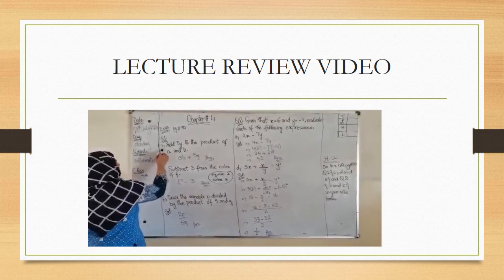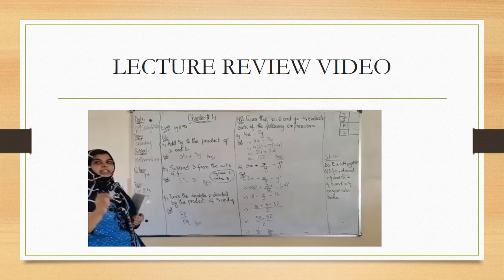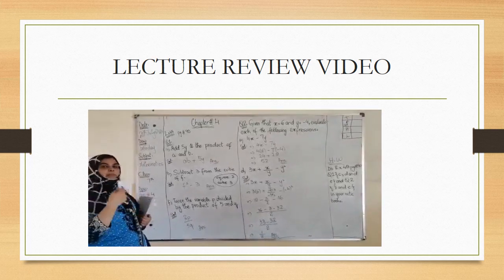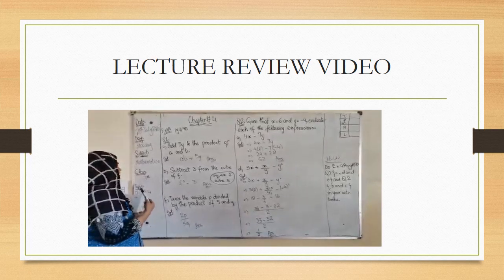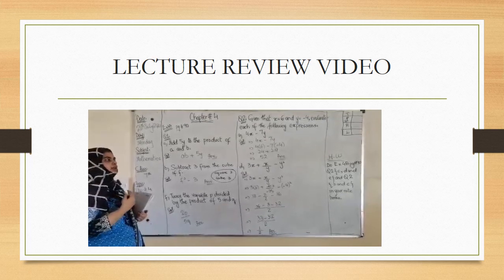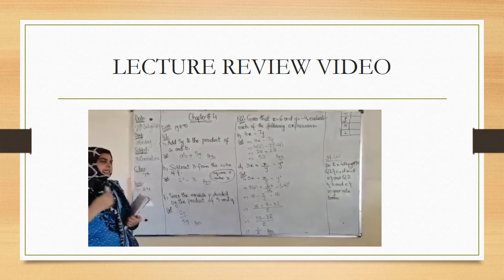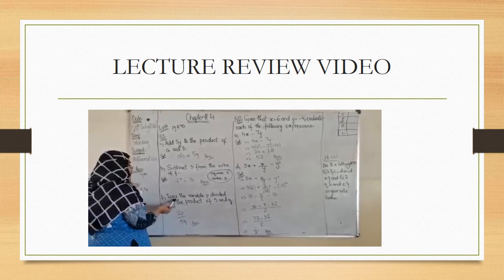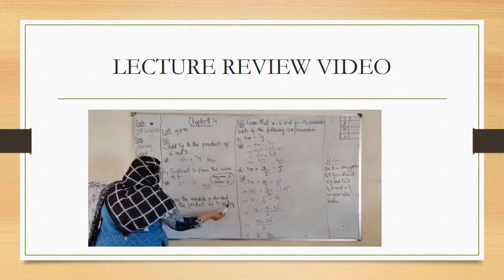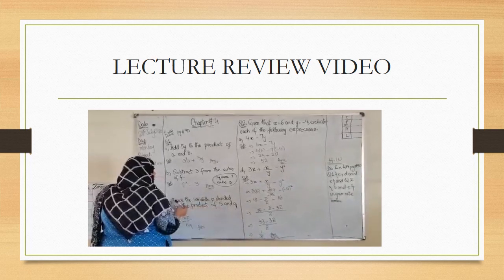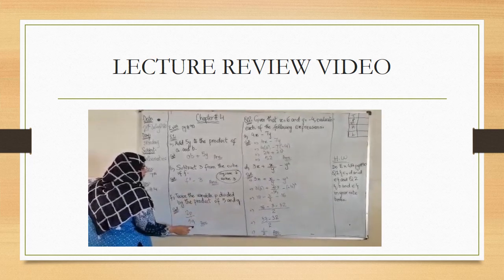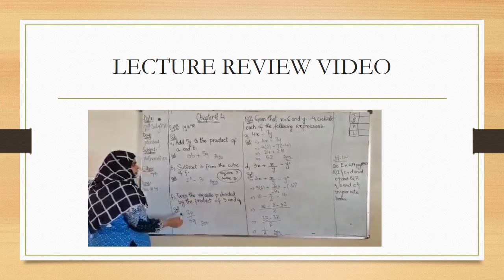Now after statements A and B, we are coming to statement F, not C, D, E, because I am giving you the homework assignment for parts C, D and E. Okay. Part F: twice the variable P divided by the product of 5 cube. Twice the variable P means 2P, divided by 5 cube. The answer is 2P divided by 5 cube.